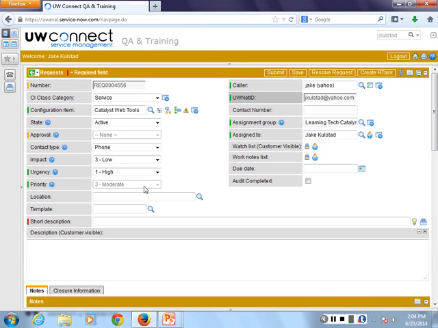What this will do is then calculate a priority for us. So we can't directly alter the priority, but by changing the impact and urgency, we can calculate a priority. If you imagine an assignment group full of records or a queue full of tickets, you could sort based on priority and help triage and figure out what to do first.